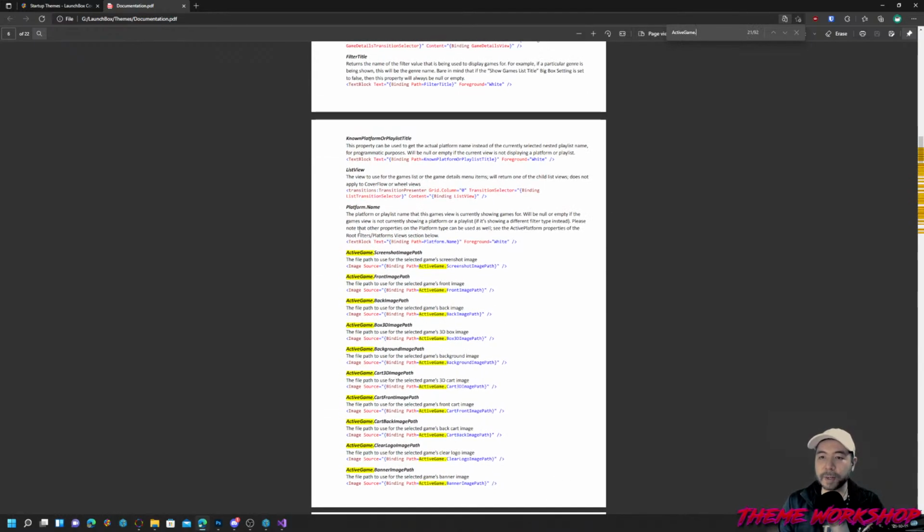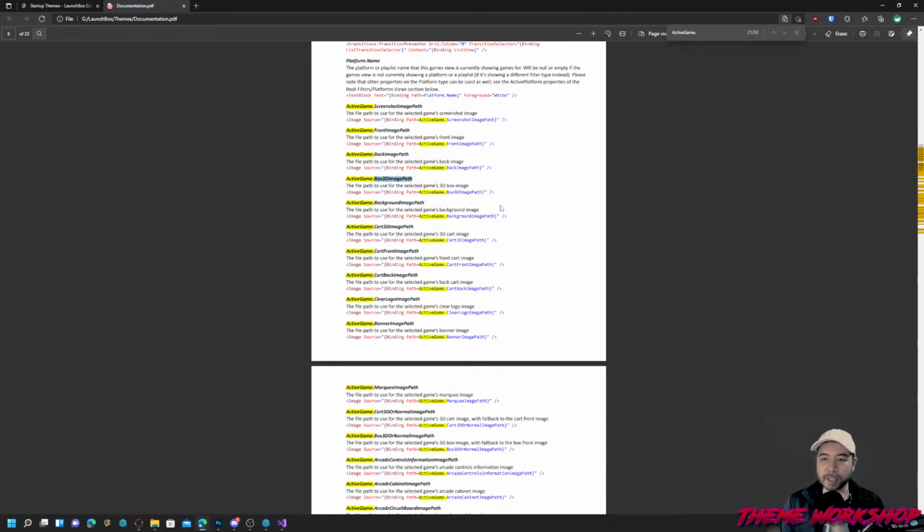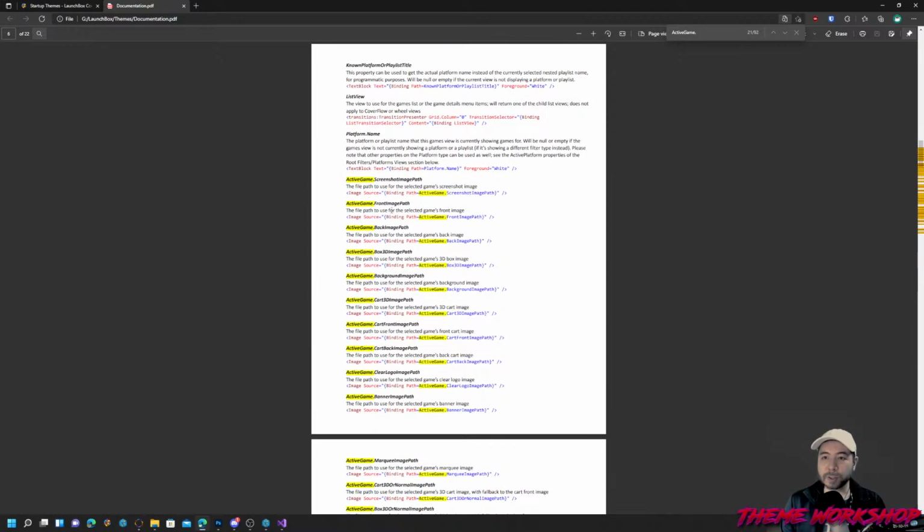Okay, so we're sort of here. All of these are the different image groups that we can call, and what did I say? I want the box front, or you can have the box 3D image. That's an option. I don't have any of those, so I'm going to just do the front image path, which refers to